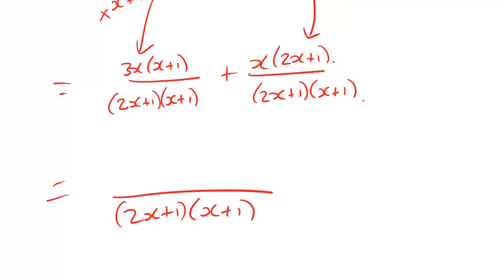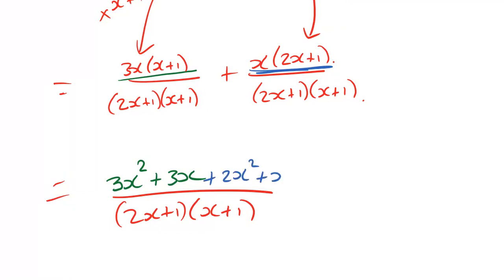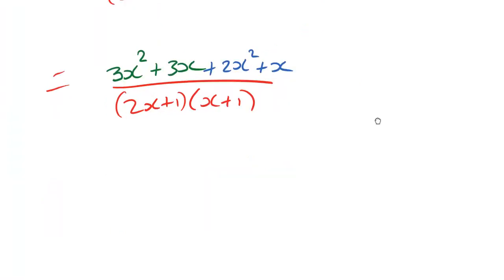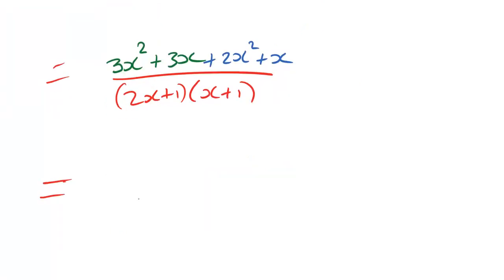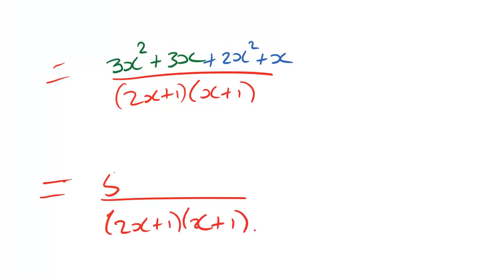Let's expand those two pieces, right? So maybe we'll start with this left-hand side. That's going to be 3x squared plus 3x. Now let's look at this right-hand one when we bring them together. We're going to have 2x squared plus x. So bringing those pieces together and simplifying, that denominator again stays exactly the same. We don't want to change that, but we will have 5x squared and we will have 4x on that numerator,